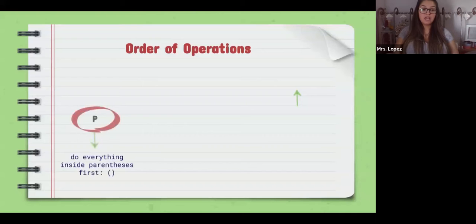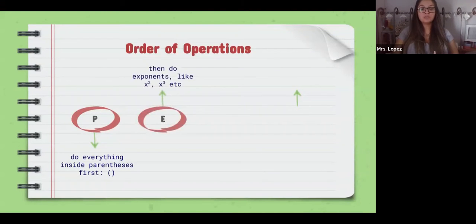So the first step to accurately calculating an expression is P. That P stands for parentheses. So do everything that is inside of the parentheses first. Then after parentheses, we have our exponents. So we do everything inside the parentheses first, and then we're going to solve, and then we're going to move